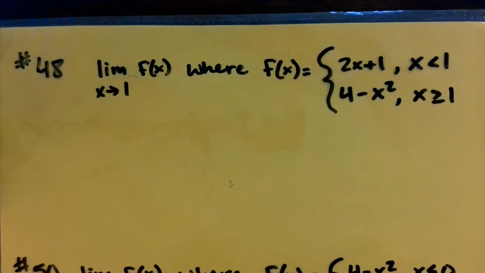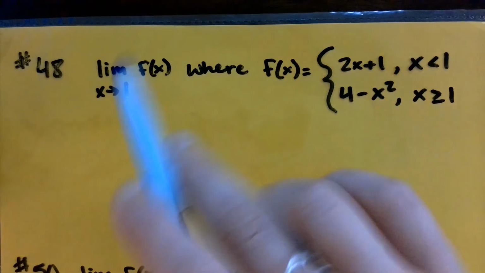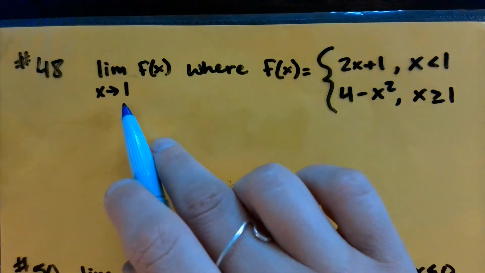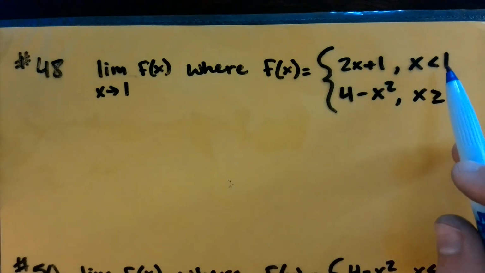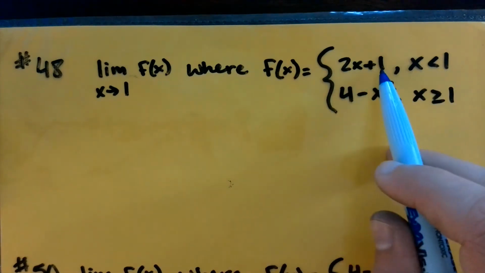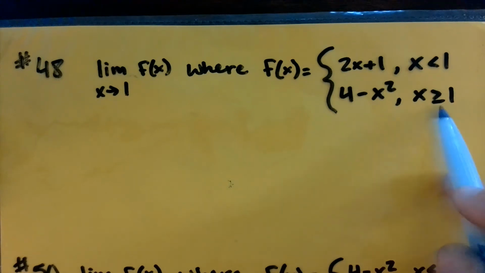When we're evaluating a limit algebraically, we could be dealing with a function that is defined piecewise. So if we're dealing with a piecewise function, we just have to remember that a limit is what y value we're approaching from the left and from the right. So if I'm trying to evaluate the limit as x approaches 1, that means that from the left of 1, I need to look at the piece at the top, but from the right of 1, I need to look